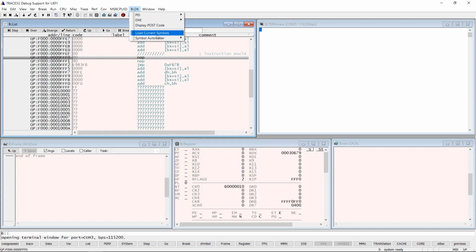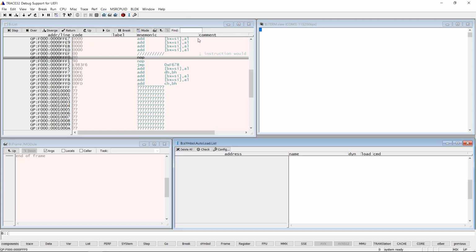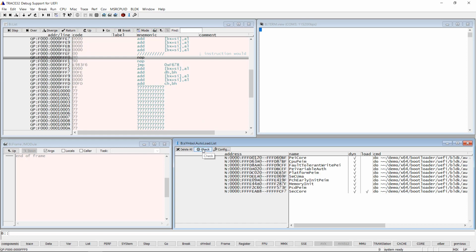With the help of the Trace32 BLDK awareness, the autoloader checks the currently available UEFI modules. The autoloader maintains a list of address ranges, corresponding UEFI components, and the appropriate load command. Whenever the user accesses an address within an address range known to the autoloader, the debugger invokes the load command.